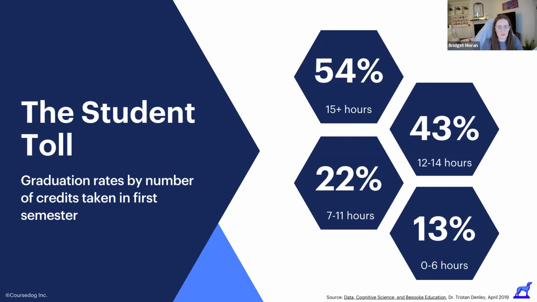And we know this trend isn't unique to Georgia. We've looked at lots of other research out there, and one of the other studies I came across was done in Tennessee. And this showed that community college students taking 15 or more credits in their first semester were 6.4% more likely to graduate, controlling for other factors. So if we know that the number of credits that students take in their first year have such a large impact on their ability to graduate, then why aren't more students taking a full load in their first term and in their first year?